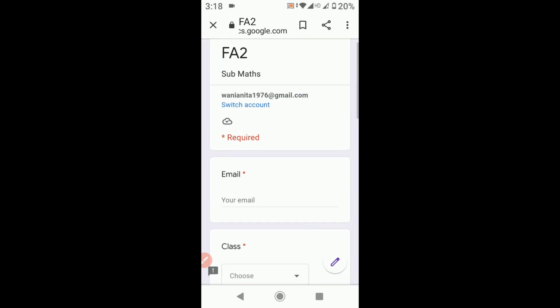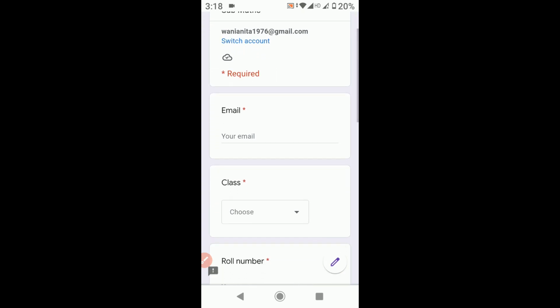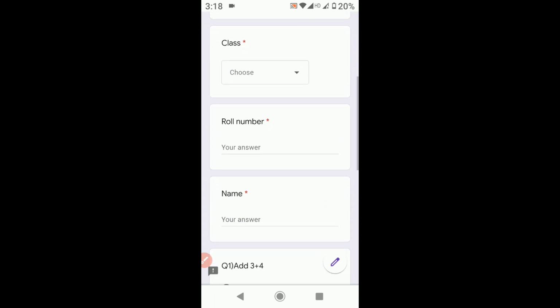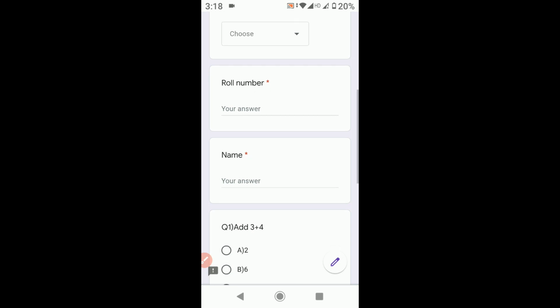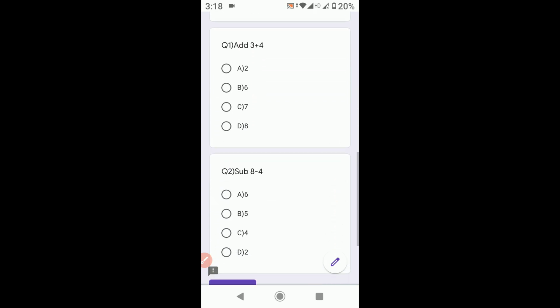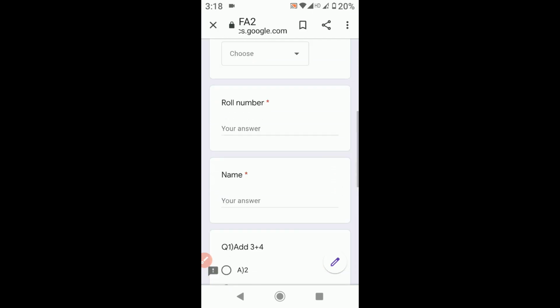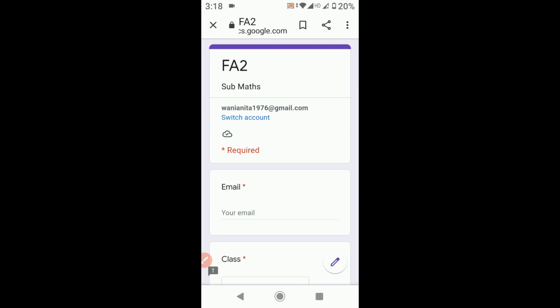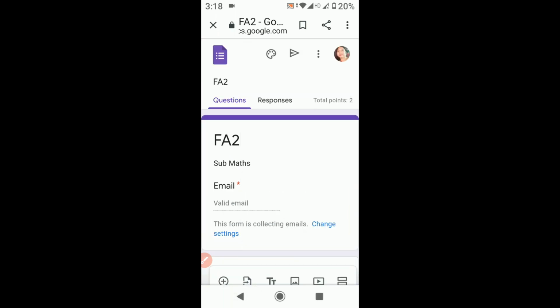So FA2, email, if we don't want, we will cancel it. Class, roll number, name, question 1, question 2 and submit. Press back button so that you will move on to the form, and click on this.